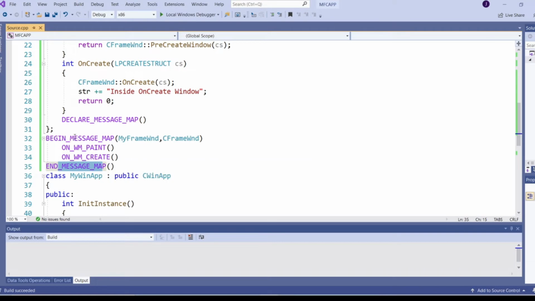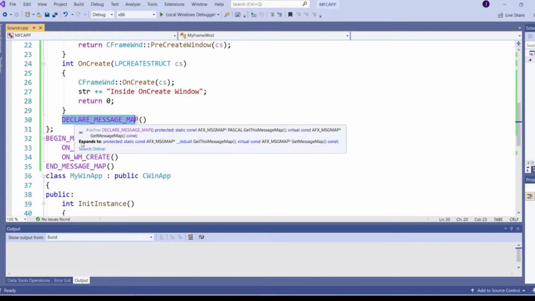But I can tell you that these macros are how messages are handled, or how messages in MFC are processed.